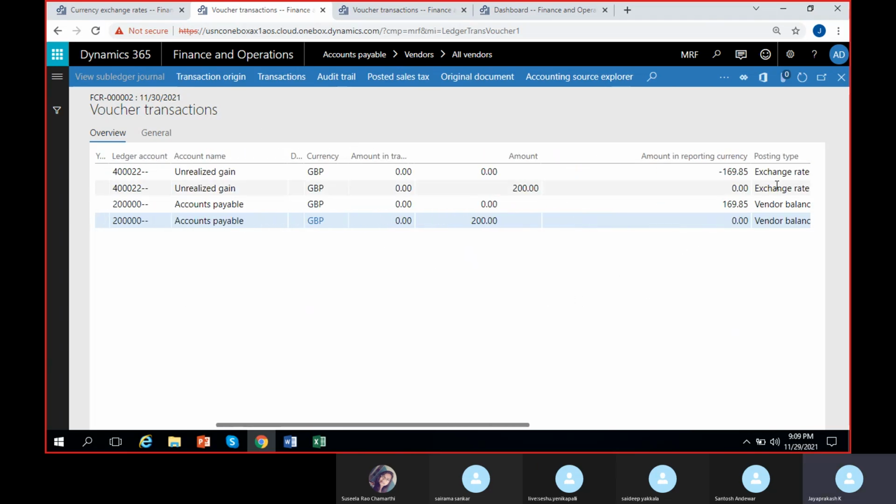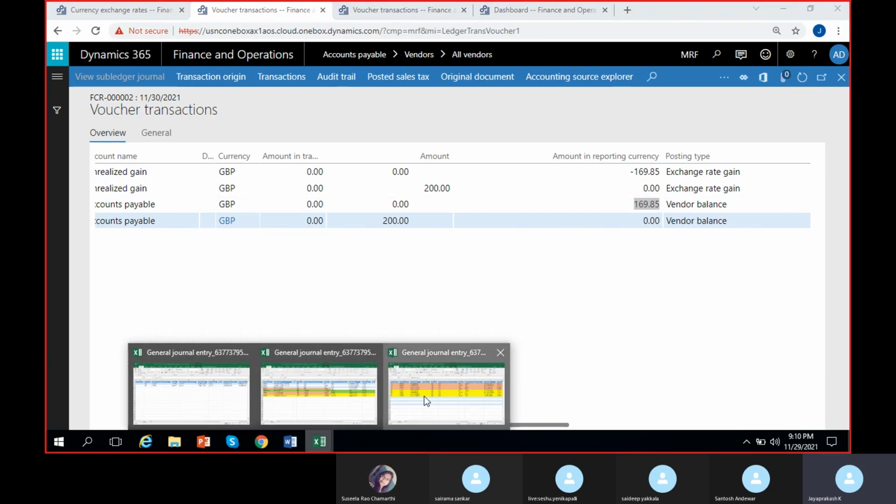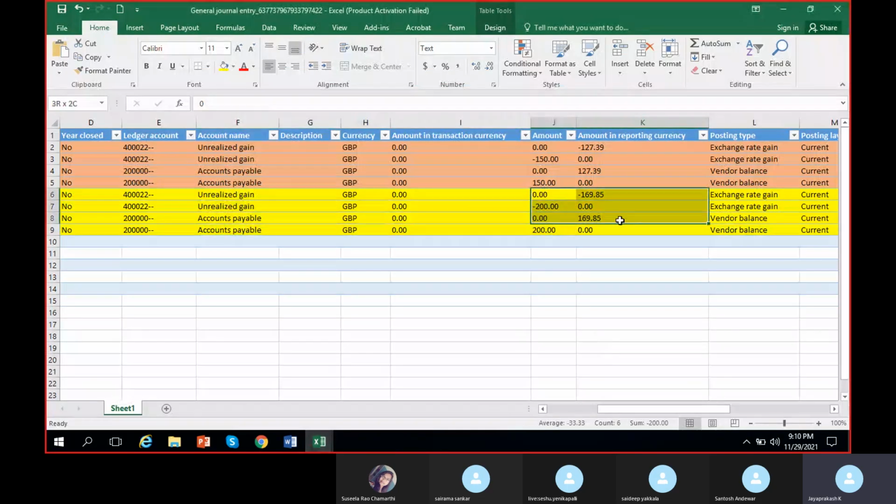And the same again in the reporting currency, you can see the unrealized gain account is credited for 169.85 and debited for 169.85. The same you can see here. That's all guys. So again, when it comes to this one,